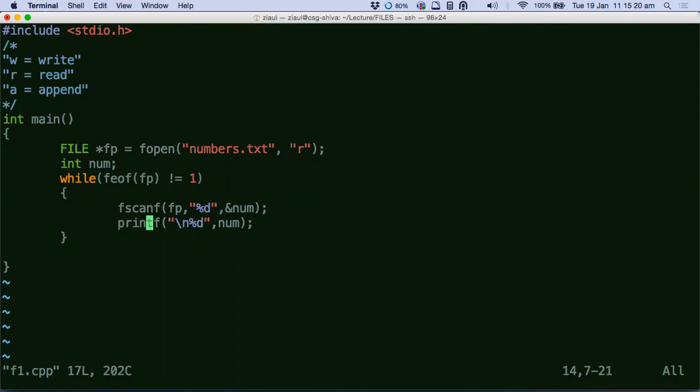Okay, so there is a bug in this program here. How to fix this bug? You just check the return value from fscanf, right? That's it.